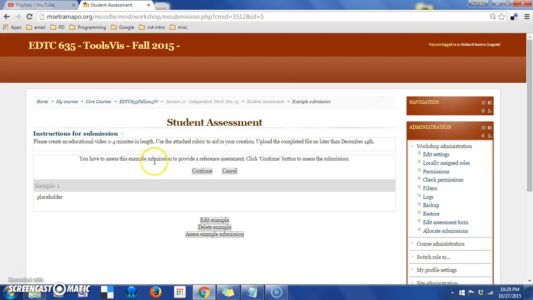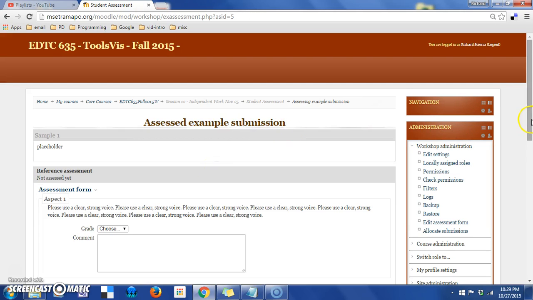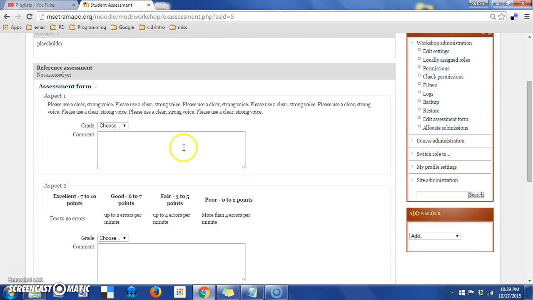You have to assess the example submission to provide a reference assessment. Click Continue. So I am going to do an assessment of this piece so students can see what an appropriate assessment looks like. Now I read these instructions, they have the sample, I've looked at it, this has got an 8 out of 10, and here are my reasons